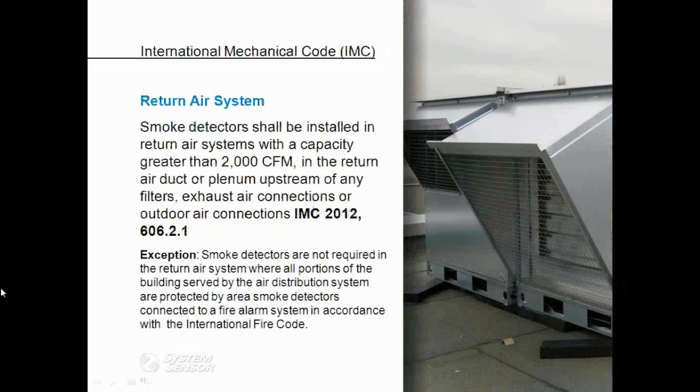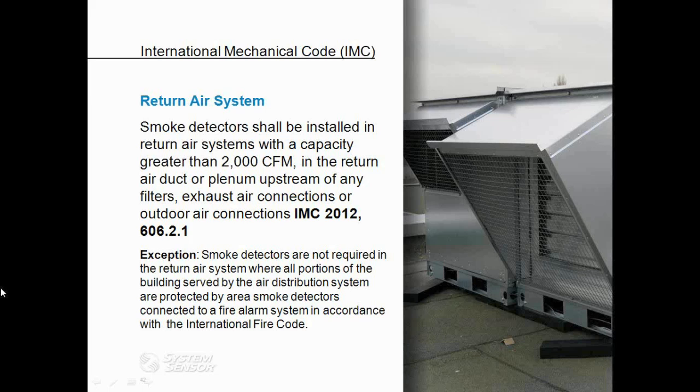The first of the three codes that we will cover today is the International Mechanical Code. Just as a point of reference, we're using the 2012 edition for this presentation. The International Mechanical Code is arguably the most widely adopted for HVAC applications. It sets 2,000 CFM as the minimum airspeed where a duct smoke detector will start being required on the return